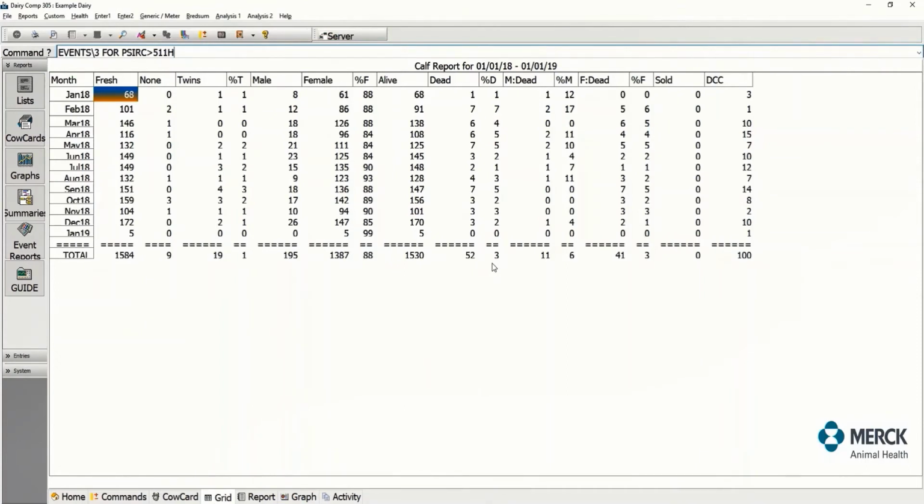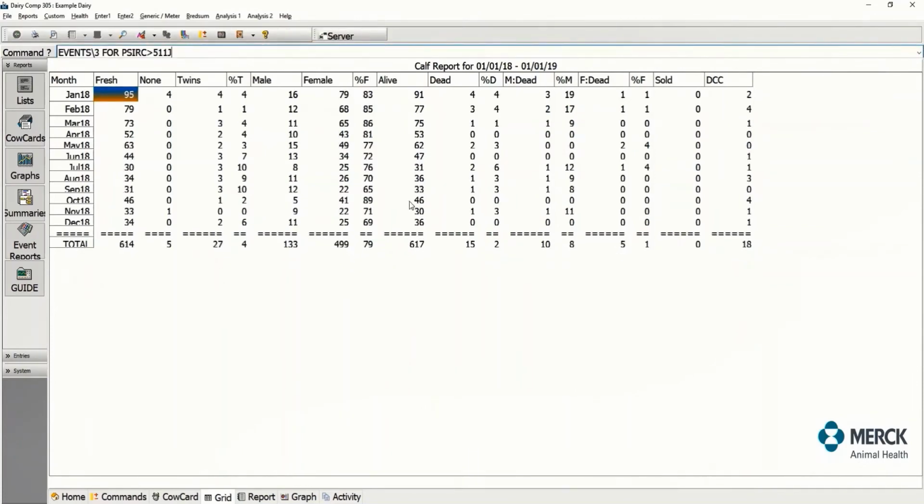And also in this table, you can evaluate what percentage of female calves were delivered out of male and female calves. So in this situation, for the year of 2018 in this specific farm, 88% of the calvings resulted in female calves. This specific farm was not only using Holstein, but was also utilizing Jersey semen to breed these cows. So basically, if I change here from 511H to 511J,